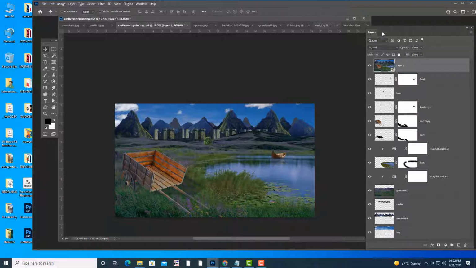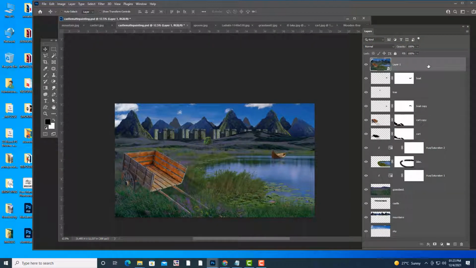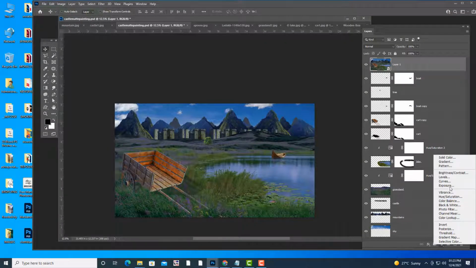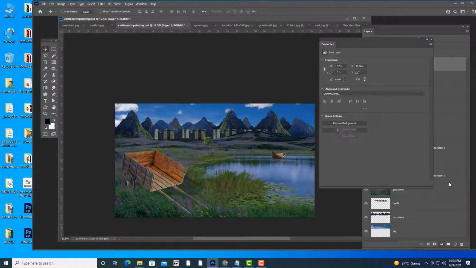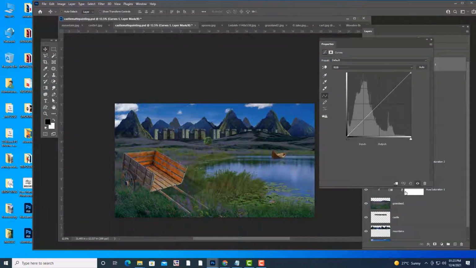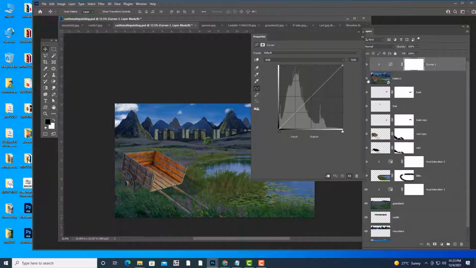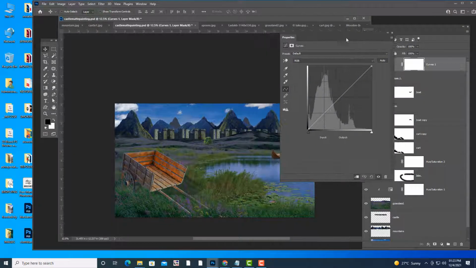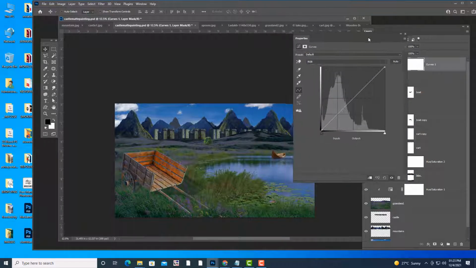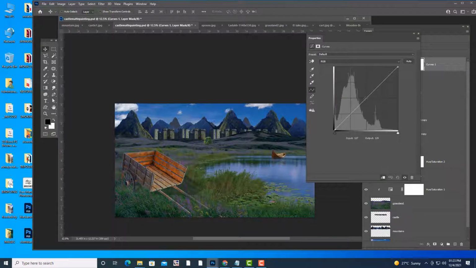Then first I'm going to apply a curve adjustment to this. Apply curves, and it should be flipped, meaning the curve should affect only the bottom layer.